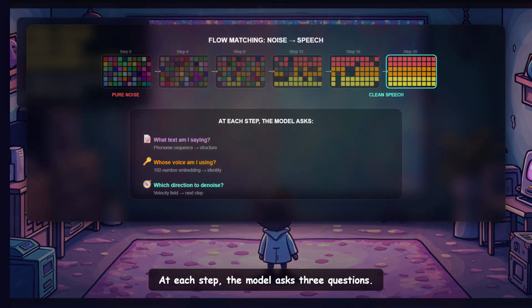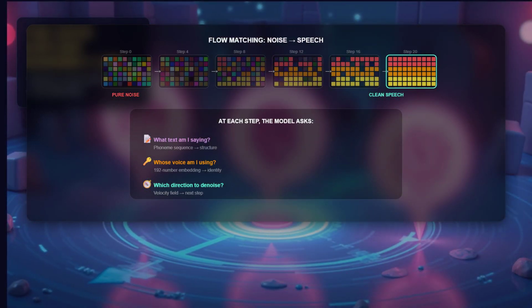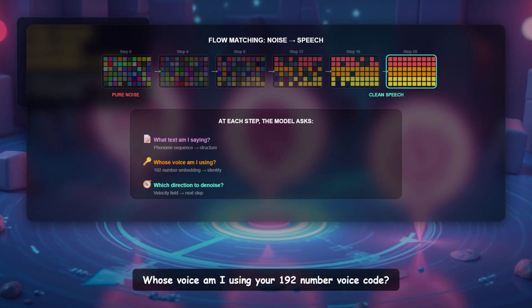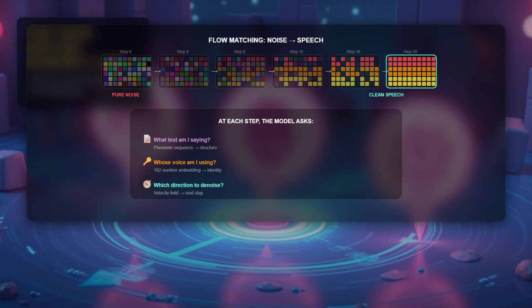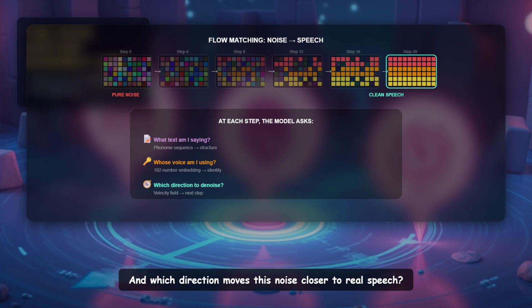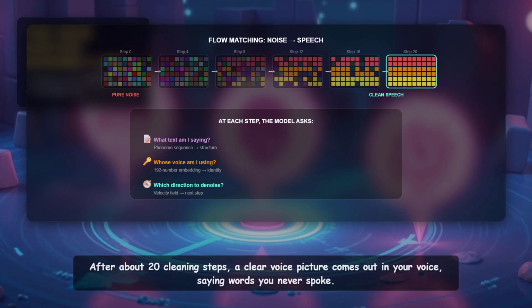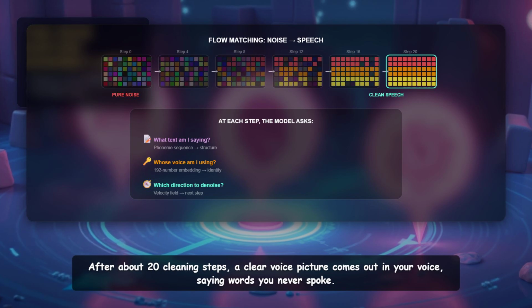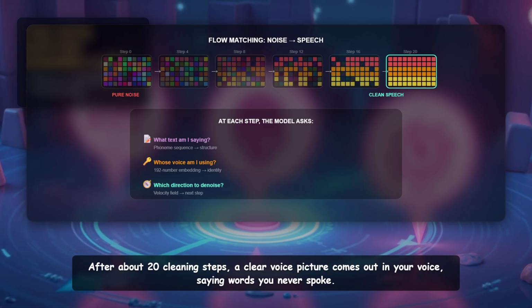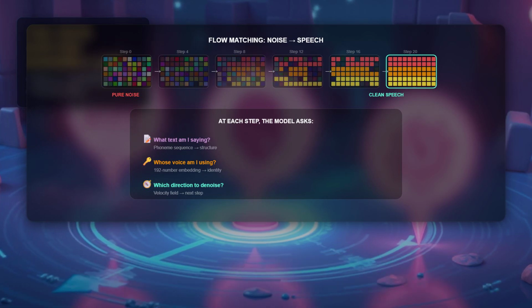At each step, the model asks 3 questions. What words am I saying? Whose voice am I using, your 192 number voice code? And which direction moves this noise closer to real speech? After about 20 cleaning steps, a clear voice picture comes out in your voice, saying words you never spoke.